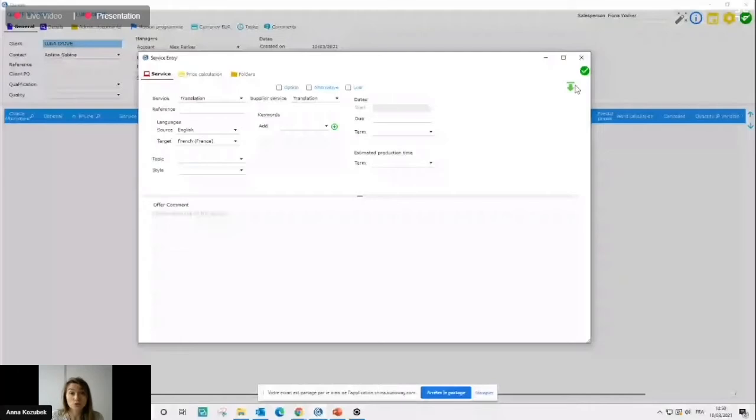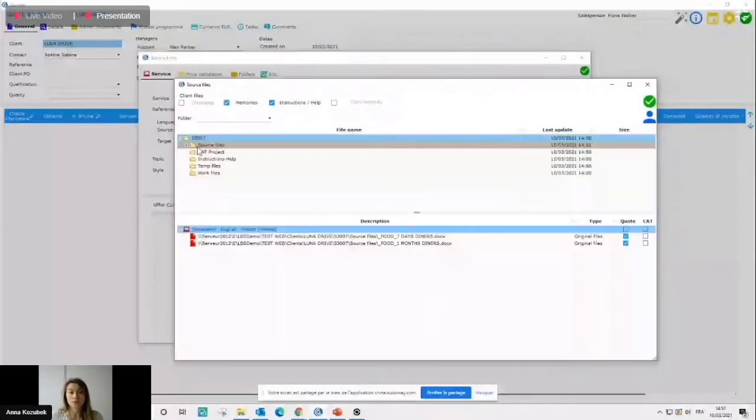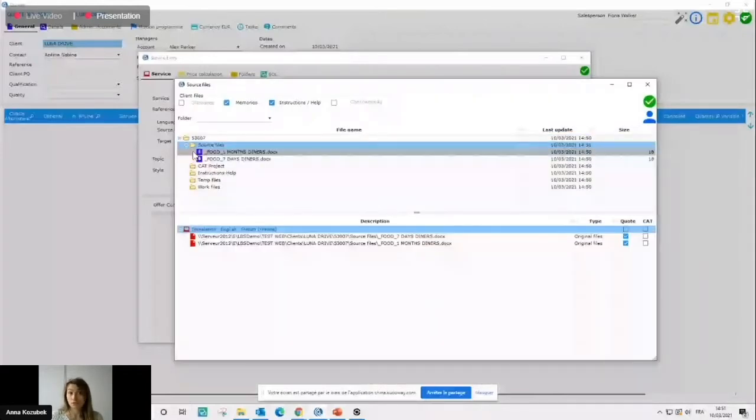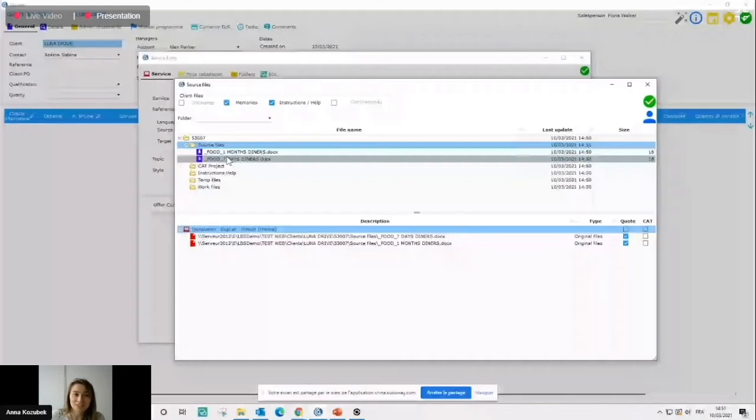I can import source files from the email. So here are all the attachments that I had in my original email from the client. I can specify what type of file it is, and based on this type, LBS will dispatch these files to the right folder. You see here that the folder is created automatically. I haven't done anything manually. And the source file is registered now in the right subfolder, source files. And that's it. And then you can, of course, keep going with